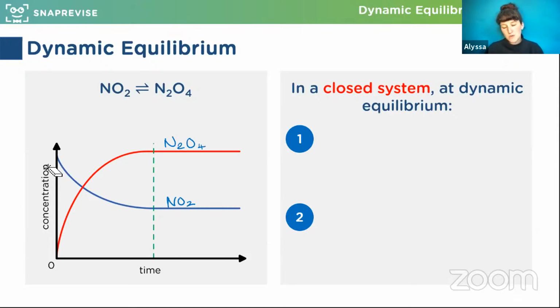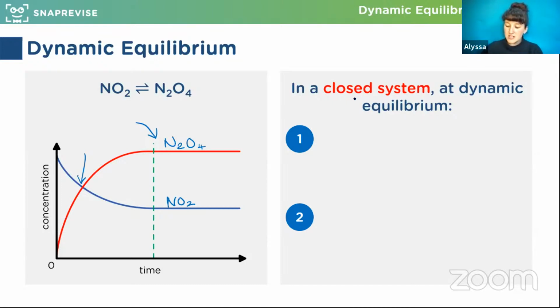So on this graph, how do I recognize at which point the equilibrium has been met? How do I know where dynamic equilibrium is on this graph? How do I know where it is? Well, we've got 2 options at the moment. It's either where they cross, that point there, or it's this point here on the green line. Good. So, okay, we've still got 2 options.